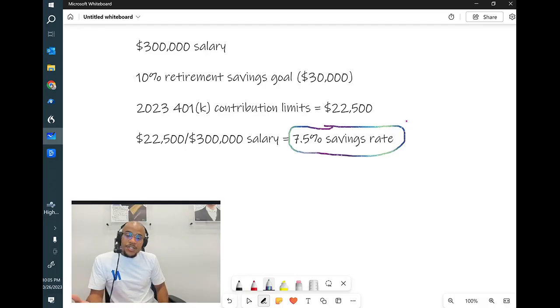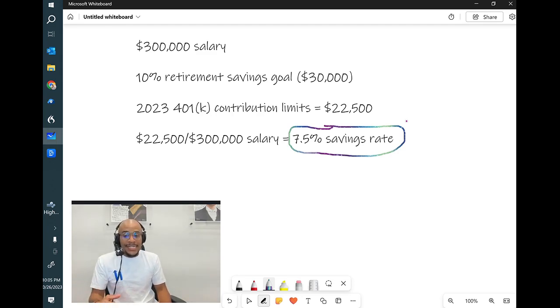Now let's stay on that same thread with 401ks and talk about how the contribution limits to a 401k for the employee can even be a case of reverse discrimination. We're going to stay with our person with a $300,000 salary, and we're going to assume that this person is a super saver. Maybe they read articles online that say that you're not going to be able to make it in retirement unless you save at least 10% of your income in your working years, or 15% or 20%. Well, if this person with a $300,000 salary has a 10% retirement savings goal, that would mean that if they had their druthers, they would be able to put $30,000 a year towards their retirement.